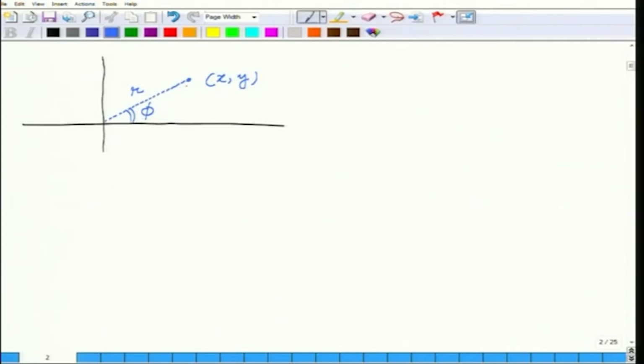So, you can easily see, if I make the x and y distances, that this red one horizontally is x and this is y, and therefore, I am going to have r is equal to square root of x square plus y square always, and tangent of phi is equal to y